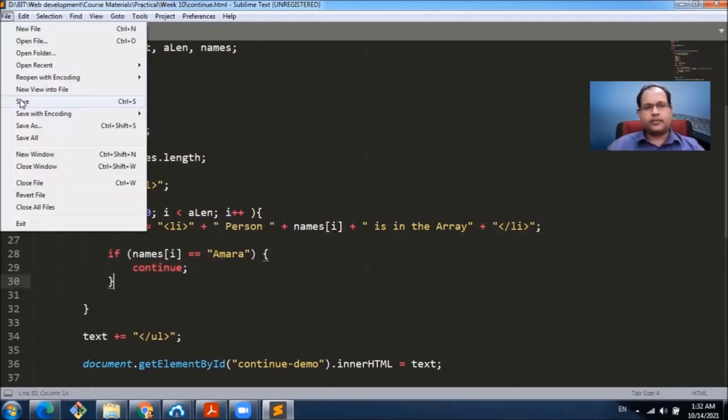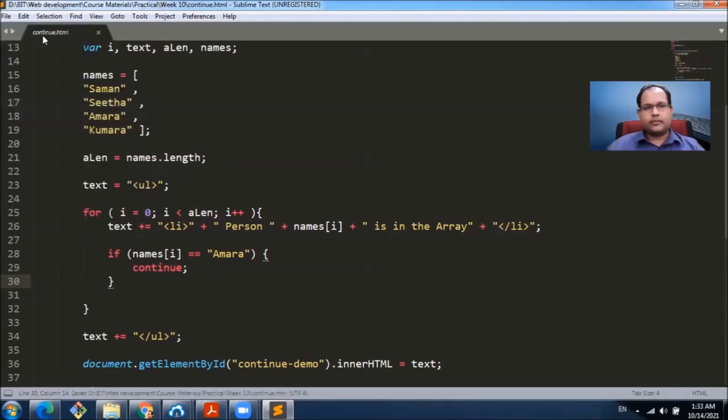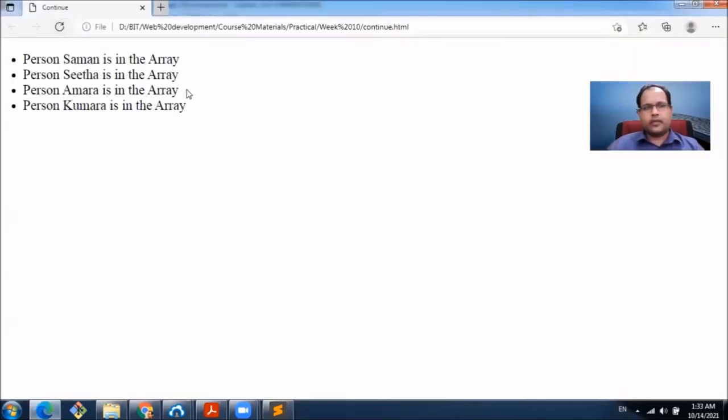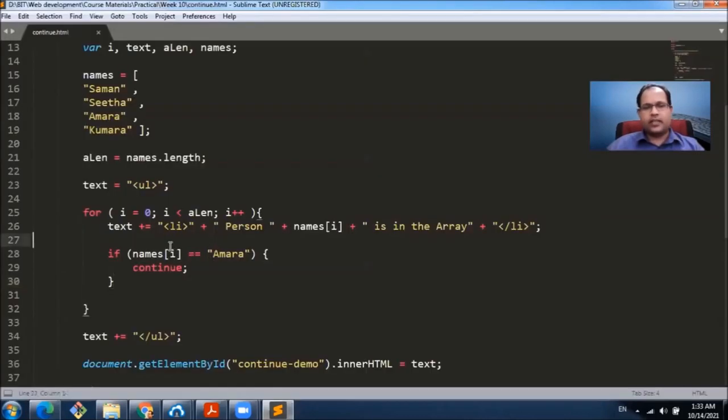Let's try this out. Now you can see all the names are here. Can you think why even Amara's text is here? Because we continued in Amara's case, right? But that's not the case, because at the point that we encounter this keyword here, we have already concatenated Amara's name.